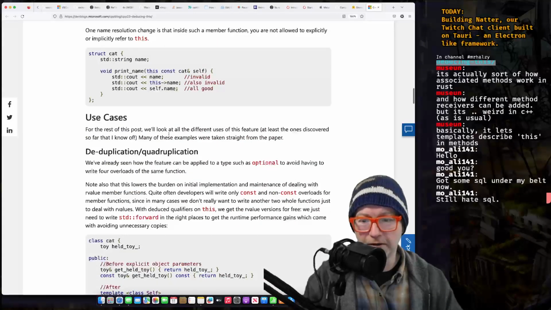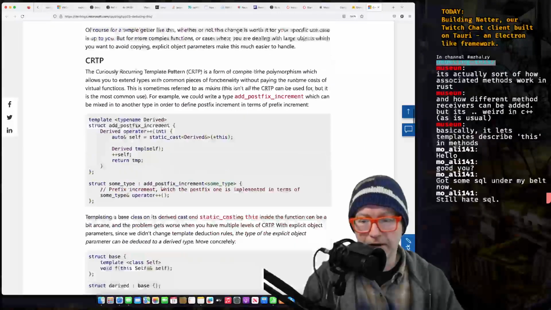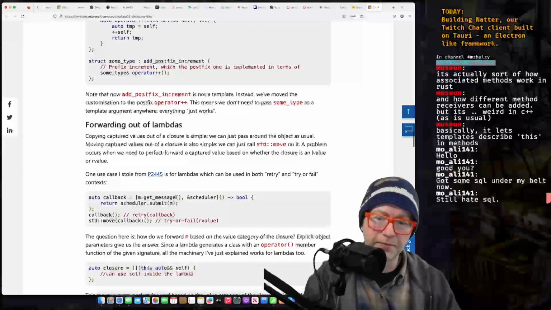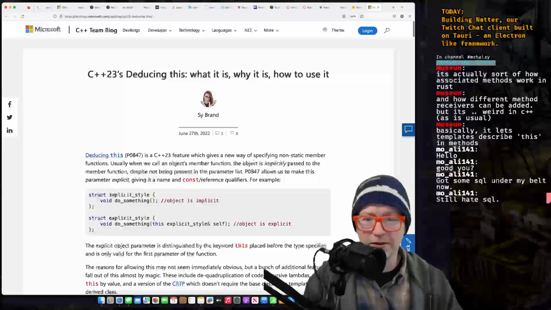Use cases. But it feels a bit like duck typing almost, right? But it's not.